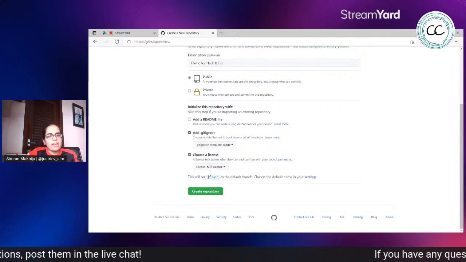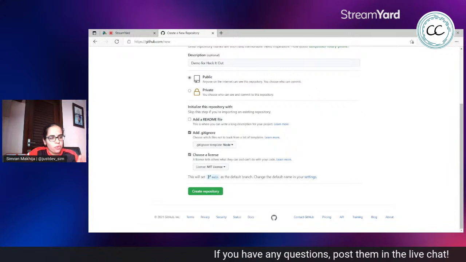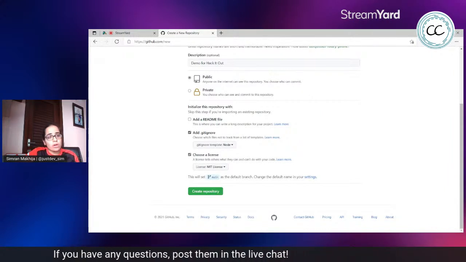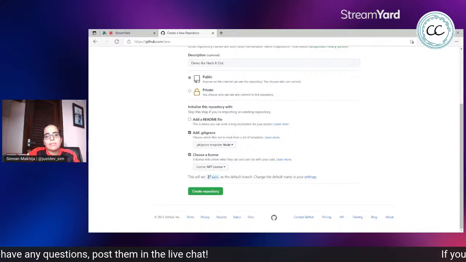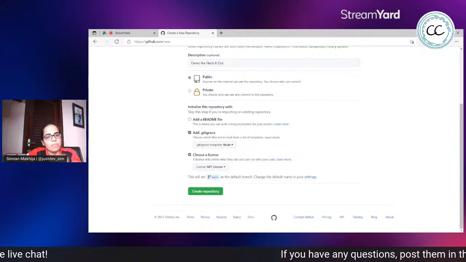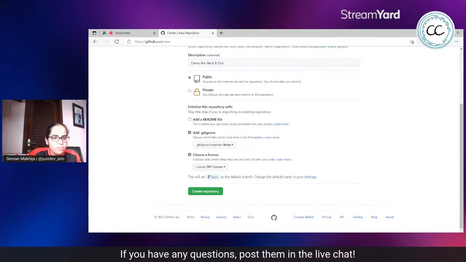So this git ignore file would tell your VCS, your git, to ignore this set of folders and the files within them, or maybe you want git to ignore your environment variables, right? Because those are your secret keys. You would not want them pushed to a public repository. So those are the kind of files you would add to git ignore.